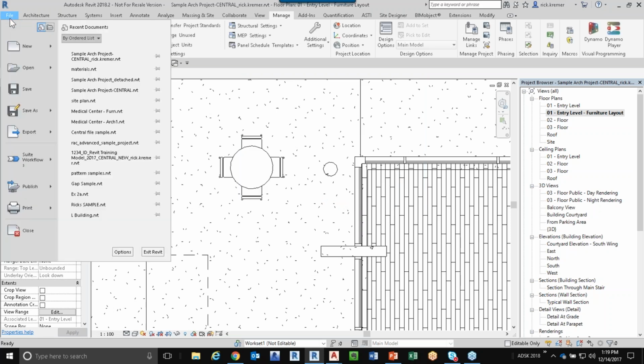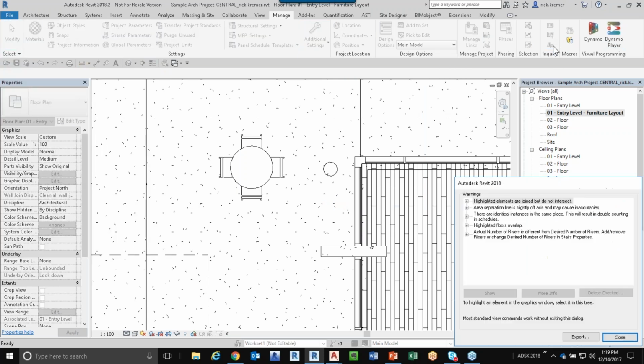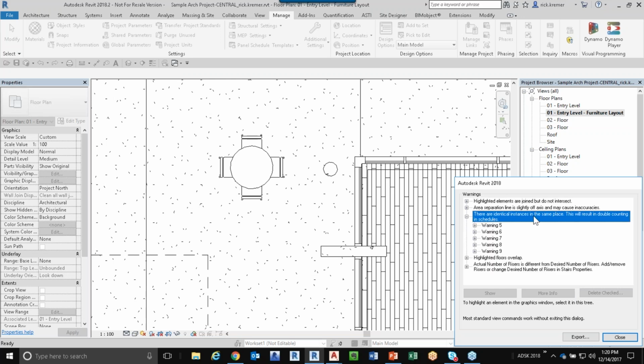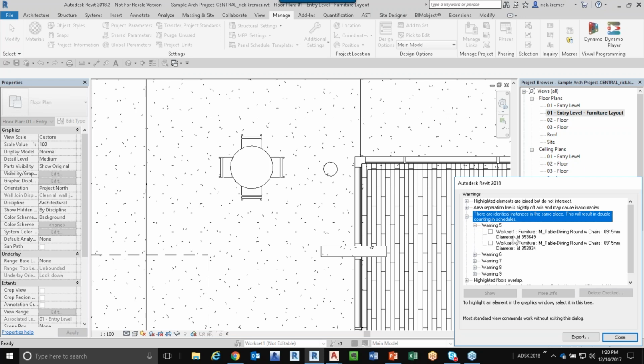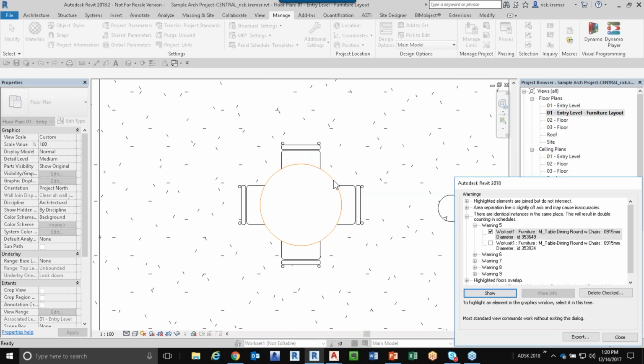Okay. I'm going to go ahead and pretend I just opened up the project and now click on Review Warnings. When I look at the warnings over here, you'll see that the particular one we're looking at is that there are instances that are going to be duplicated. In looking at this in plan view, I might never notice this. Over here, if I click on this object right here and then select Show, it's going to basically take me to that project where I have this